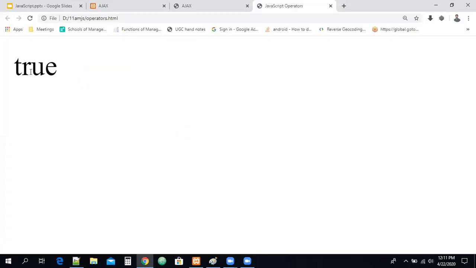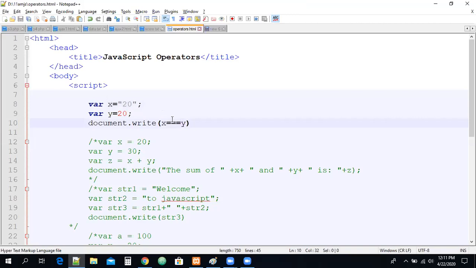Now you can check it. Now I get false, guys. This is not true, this is false. Why is this false, when earlier it was true? Remember carefully. What will double equal to do here? Double equal to will compare two values. Whatever the value may be, on the left hand side and right hand side of the operator, it may be a string, it may be anything, but it will compare the value. The x value 20 and y value 20, both are matched.